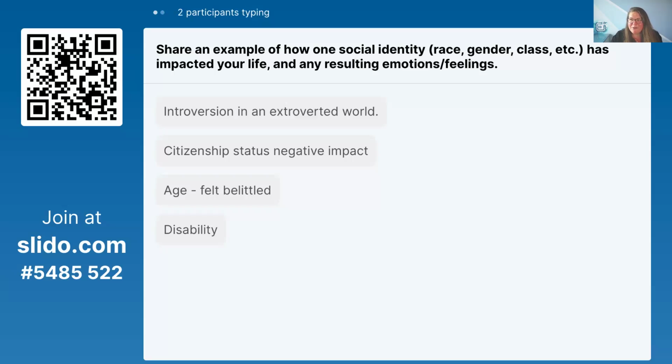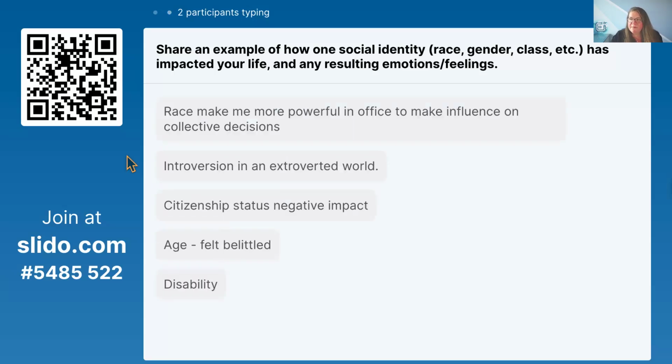All right, thank you all for your contributions here. So I encourage you to reflect on this. Somebody says race makes them more powerful in the office to make influence on collective decisions. Yeah, so positionality is about understanding these parts of who you are and then how it impacts you. Like this person says, it gives them power to make influence, and I hope that you wield that power with goodness and good intent. So you can continue to add to this, but I want to